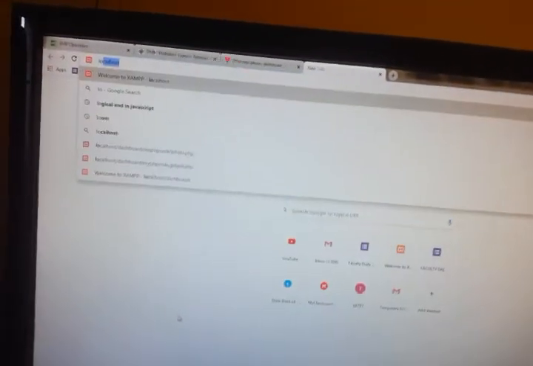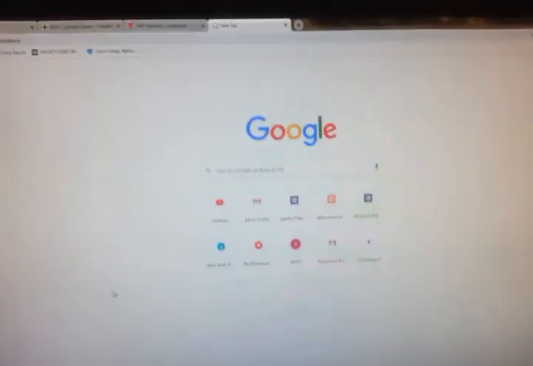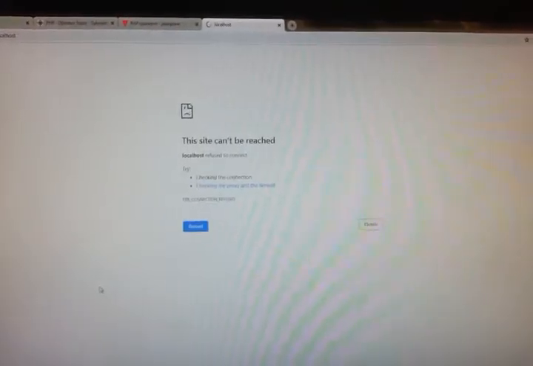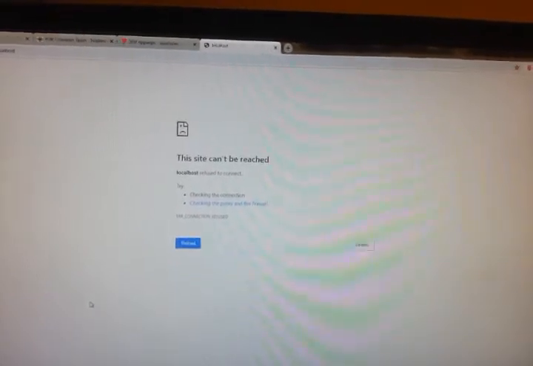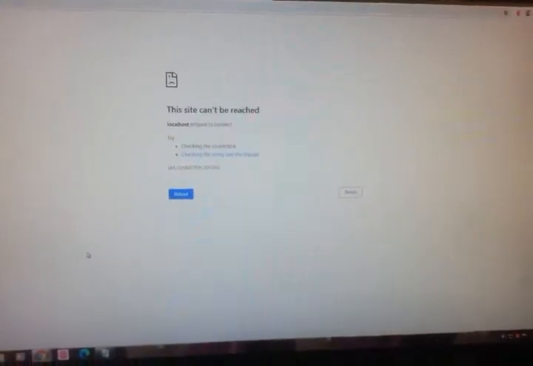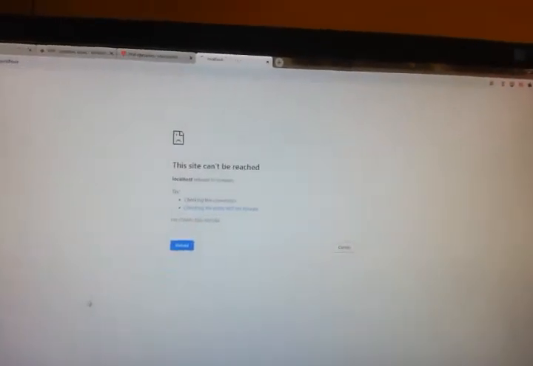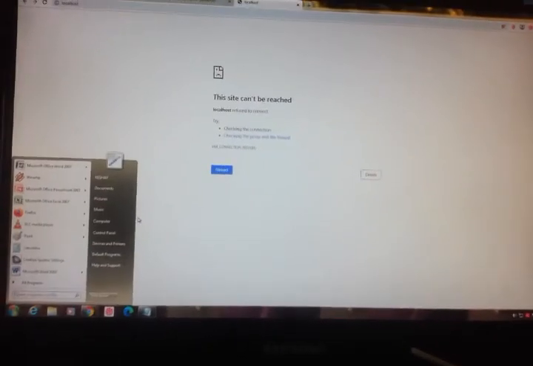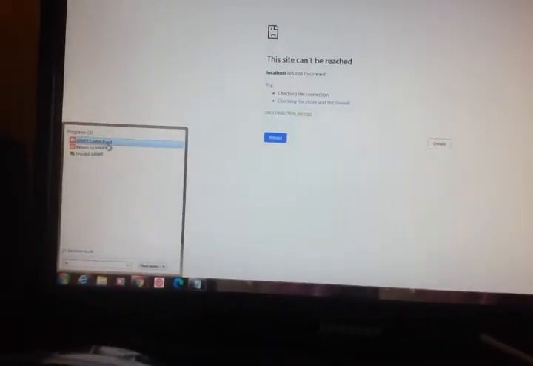Now to run, we have to go to the browser. You have to click localhost. It is saying this site can't be reached. Localhost refused to connect. So when you are getting this message, you have to check whether your XAMPP Apache is started or not. So you have to open your XAMPP control panel.